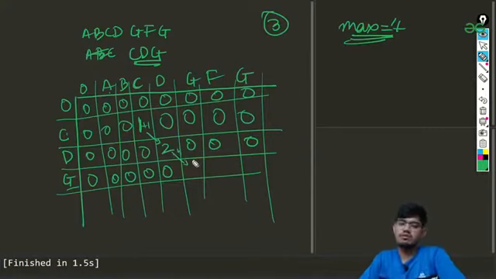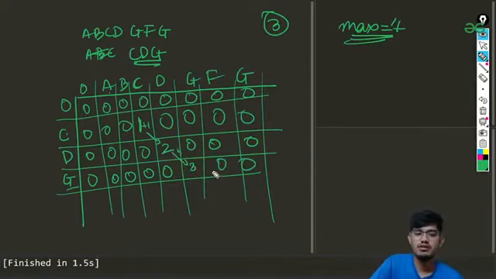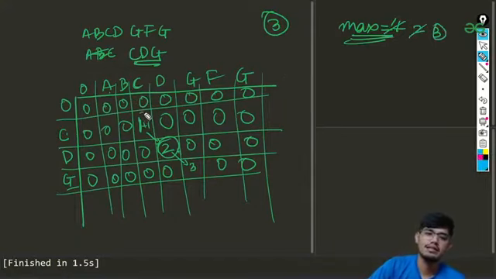Okay, plus 1, which means we have increased our value from 2 to 3, and all the values will be 0. And while we are updating this one, you can see we'll be making our 1 to 2 and from 2 to 3. So you can see we have got this substring, which is of length 3.